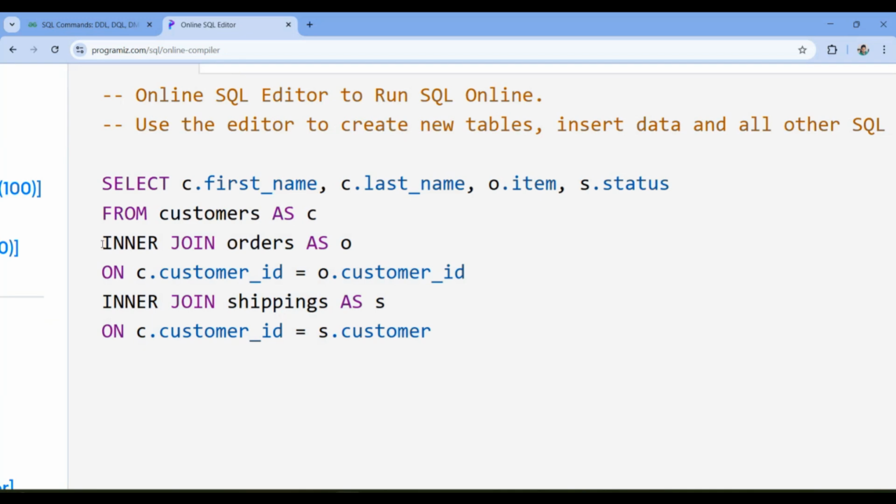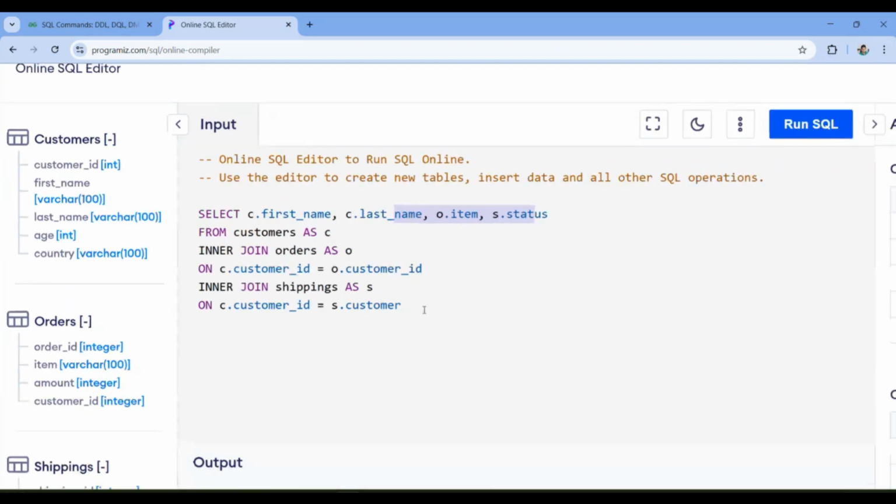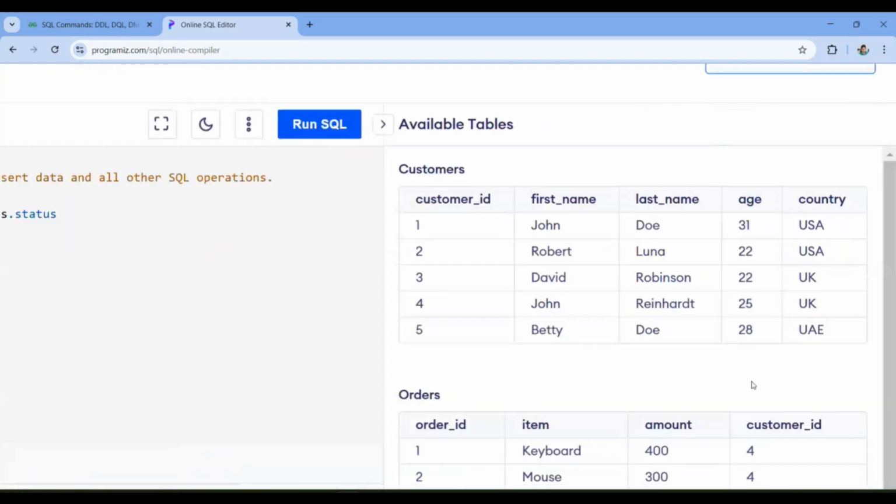This is something which you should be very comfortable with. It's nothing complicated, right? Inner join, which column you are joining. Again, inner join, which column you are joining. And now which column you want to show in the final result. Okay. Now let's say if I ask you this question,